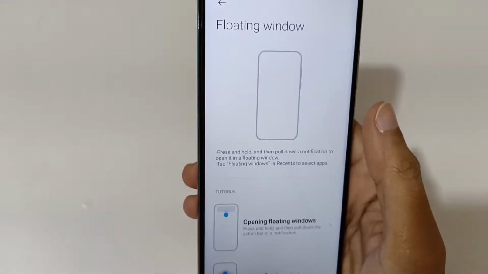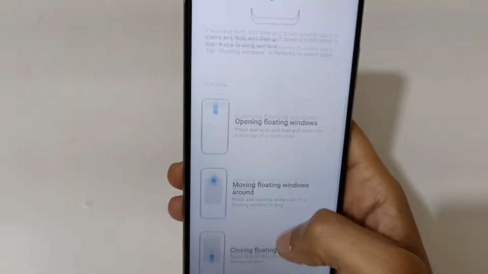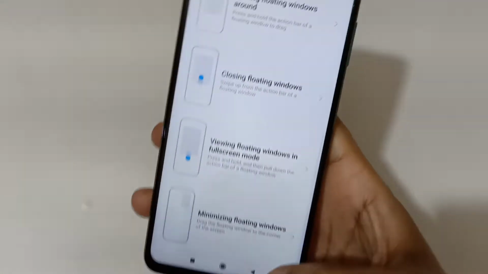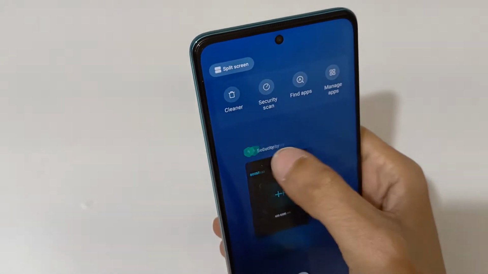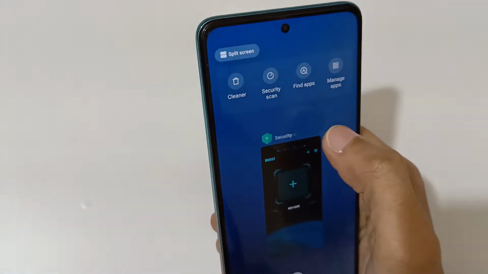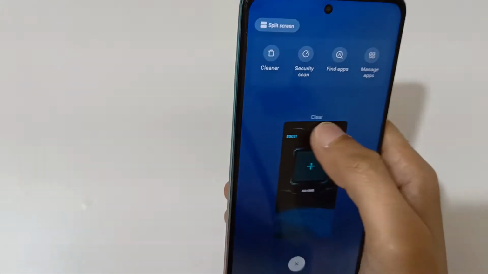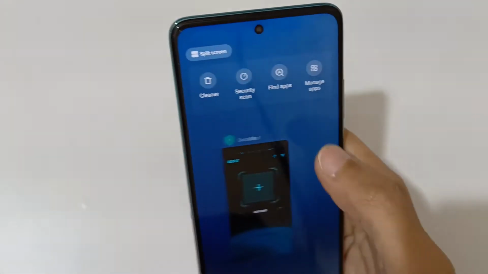And this is the floating window. Okay guys, this is the floating window feature in this phone. Just hold and float it like this. This is really helpful feature. Here you can see,